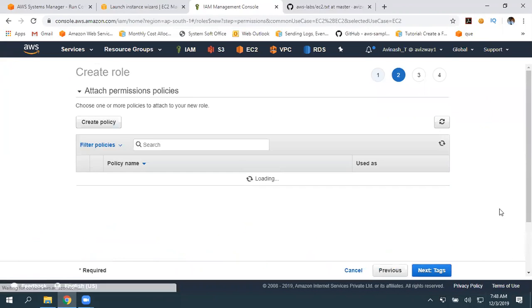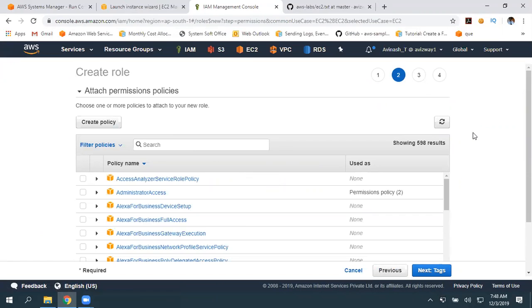Then click on next. Here, policy. What policy do we need to associate? It matters. Again, don't associate the administrator policy and all. We always try to provide the required permissions only. Unnecessarily, for example, one user needs only S3 full access. You are just associating S3 full access, right?